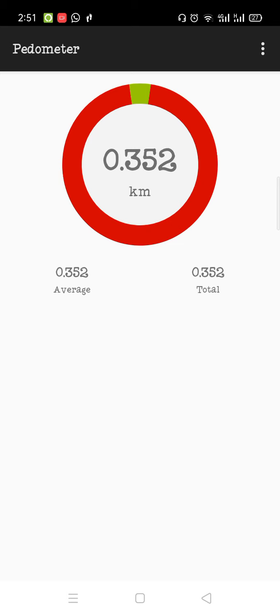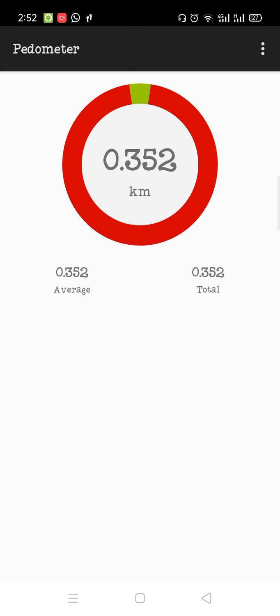You can see there is a lot of blank space below the total and average steps. Basically here it shows the previous day record in the form of bar chart after completing a whole day. As it is my very first day on it, that's why there is no previous record.